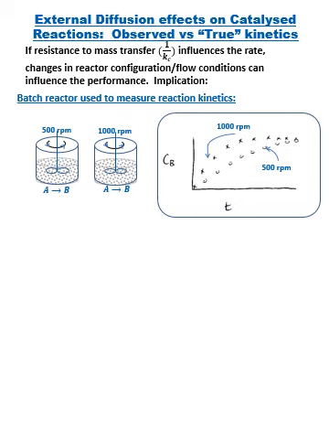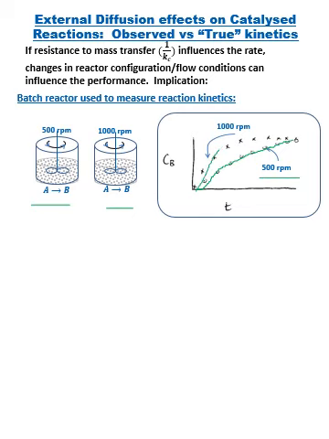It is important when you consider experimental work, when you want to report reaction kinetics, to make sure that you are in a regime that is free from any artifacts in your reactor, like stirrer speed that can affect external mass transfer. So if I have two runs in the same batch reactor with different agitation speeds of my stirrer, initial starting conditions exactly the same, if I get two rate profiles, a lower rate profile with stirrer speed 1